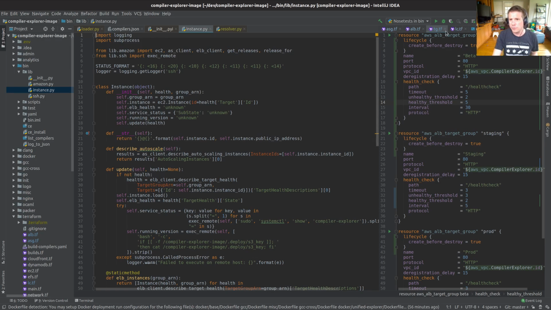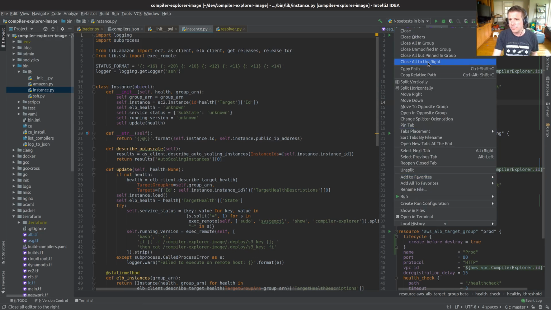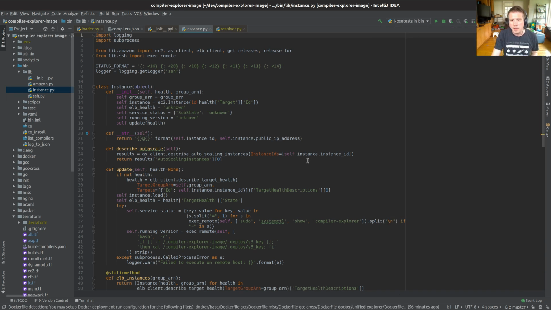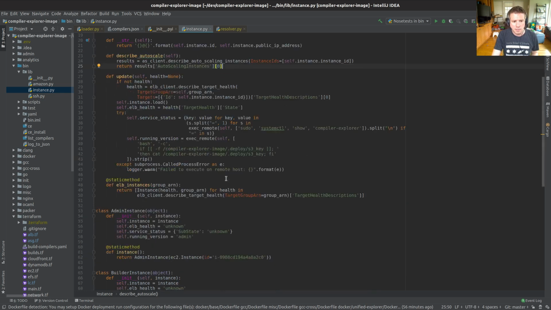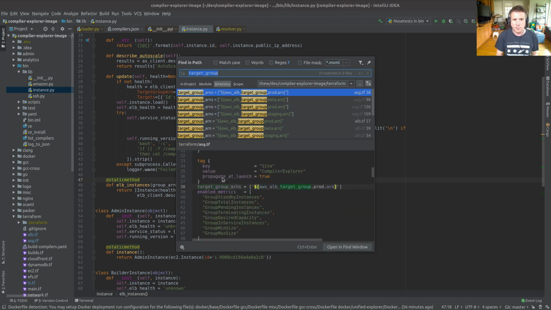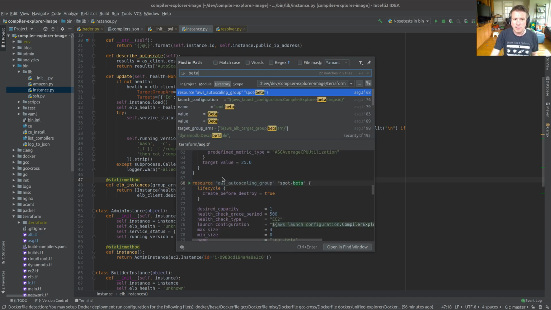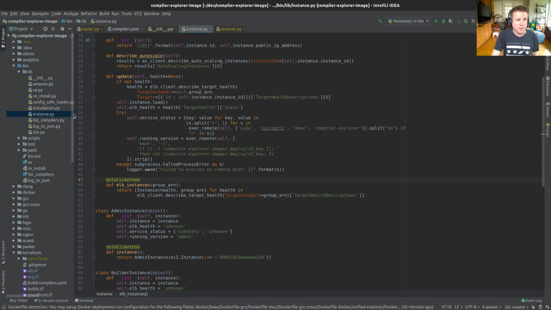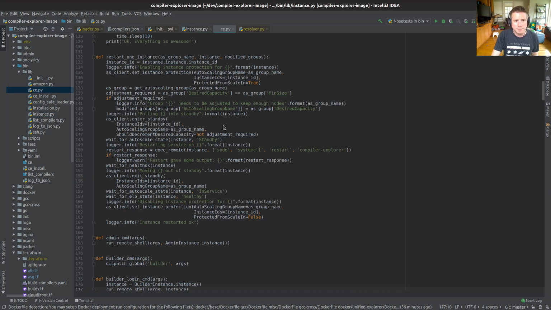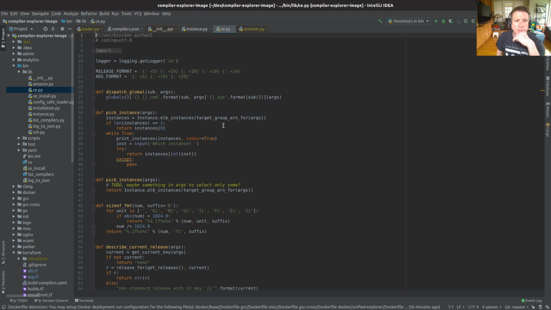This is one of the reasons why I usually try and fit things to 80 or maybe 100 columns. Let's close all in group. Wunderbar. Let us find the word. What are we looking for? Beta in here. No, maybe not. All right, let's just find the command. It's called c.py. And I bet you it's all dumped in here.